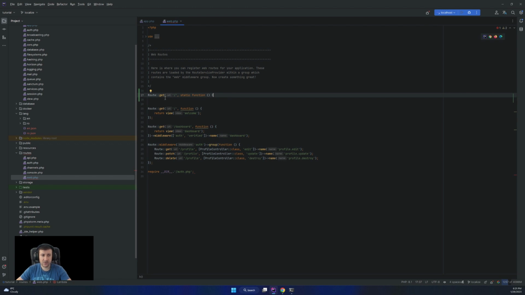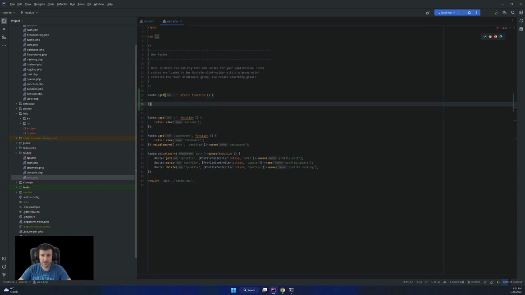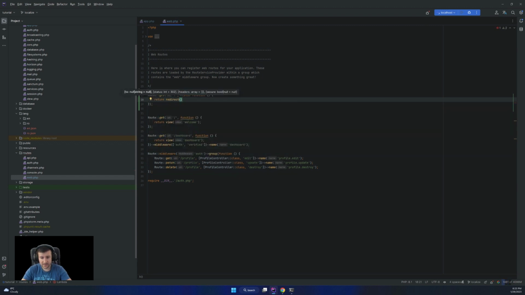So for the slash root, I'm going to define a redirect. I'm going to say return redirect, and the redirect will be to the app locale.